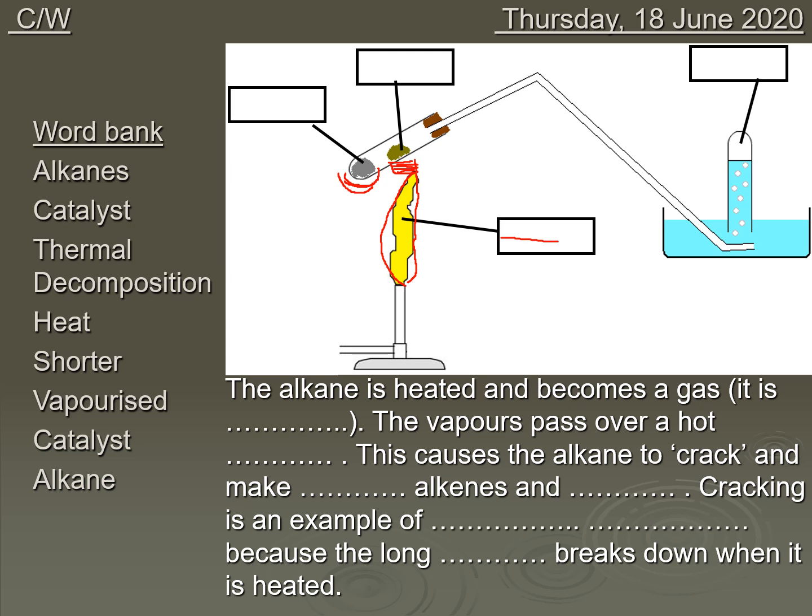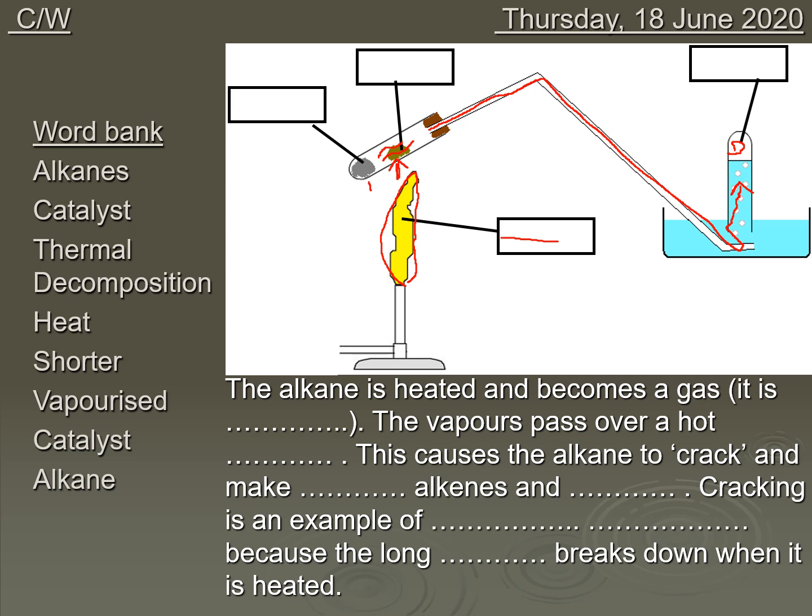Now what happens is, as you heat this gently, it starts to make a vapour of paraffin, and that then passes over the catalyst, because actually you heat the catalyst principally. Let's just get rid of some of my random scribblings. So you create a vapour, and that vapour passes over the hot catalyst, and you heat this bit mostly. You occasionally flick the flame to this bit to heat it, but this is where you mostly heat. So the vapours pass over there, and if the catalyst is hot enough, some of the molecules crack in contact with it, and then those vapours, those smaller chains, flow down the delivery tube and bubble up to the top here, which should be our product, which will be alkenes.